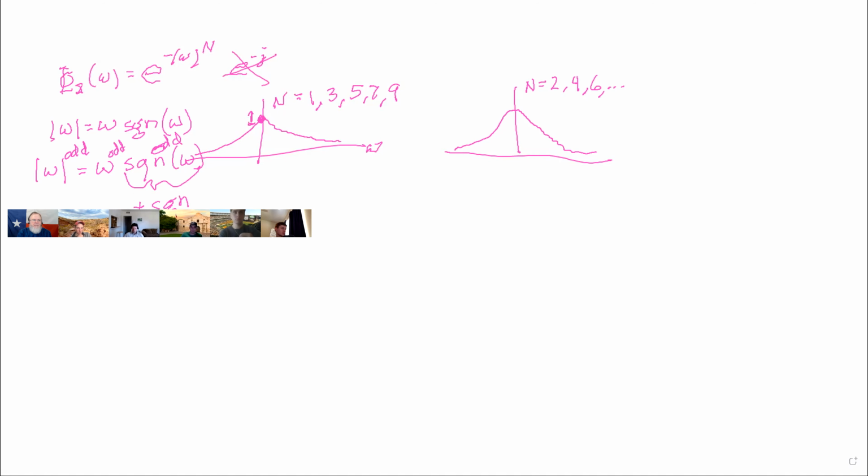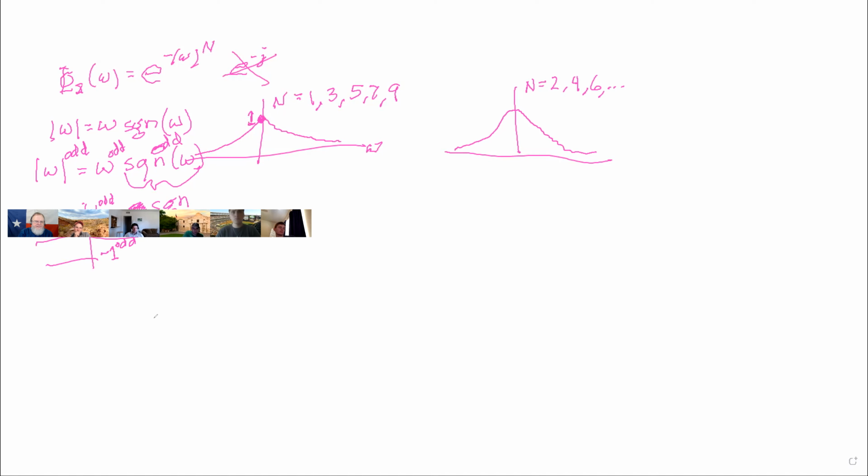Anybody know why we call this sign, by the way? We call it sign because it should be the sign, S-I-G-N, but it turns out the sign is already taken in terms of the trigonometric function, so we don't need to worry about this. So you're going to get 1 raised to the odd power, and minus 1 raised to the odd power. 1 to the odd power is always 1, and minus 1 raised to the odd power is always minus 1, so I guess it's always just the sign.